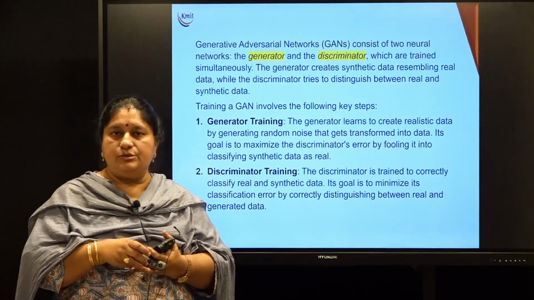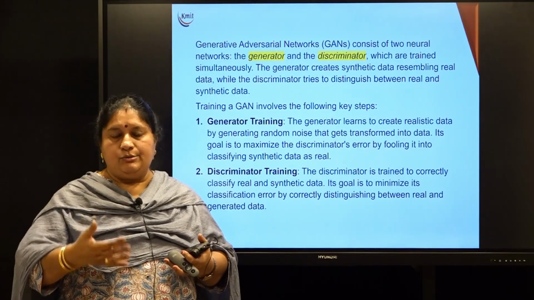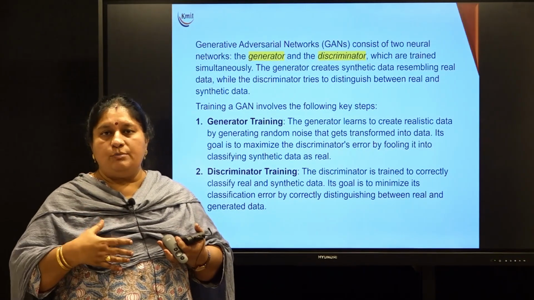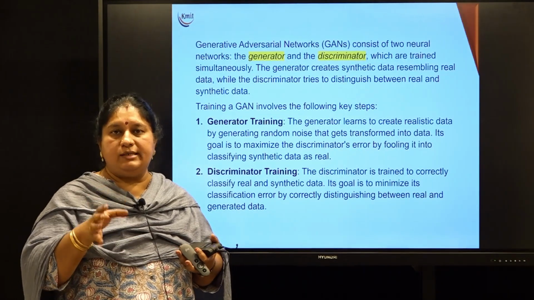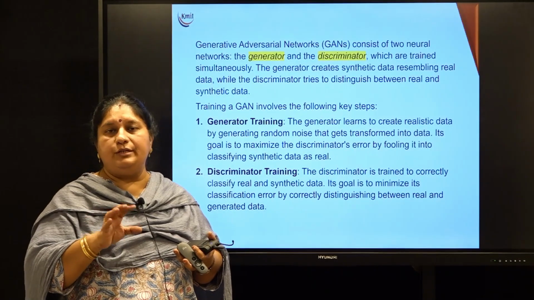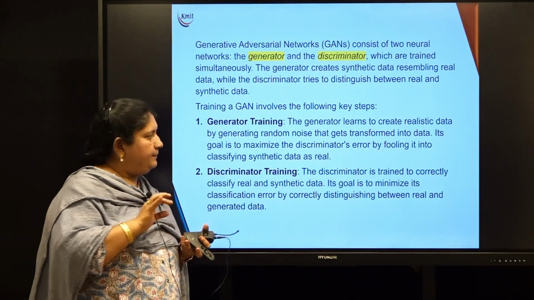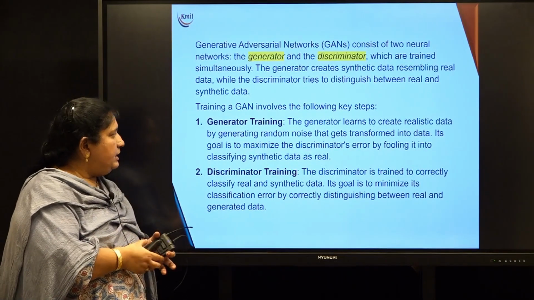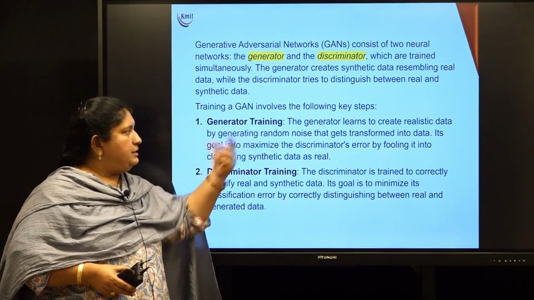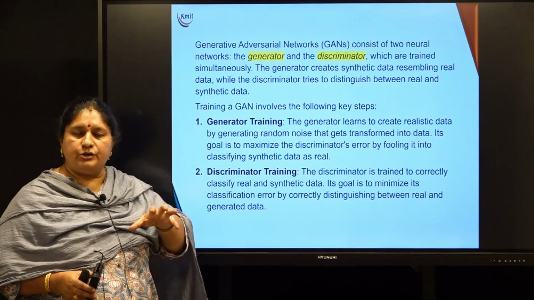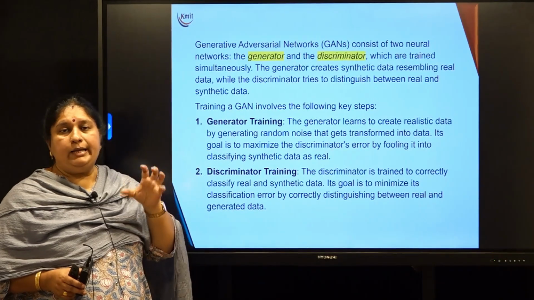It always tries to fool the discriminator. So as a generator, my job is to create more realistic data wherein I am trying to fool the discriminator to distinguish between real and fake data, right? So the training is done by introducing the random noise, and you are trying to learn from that